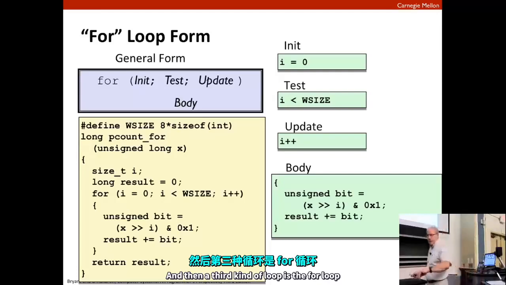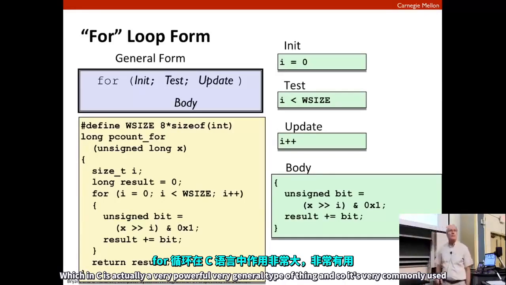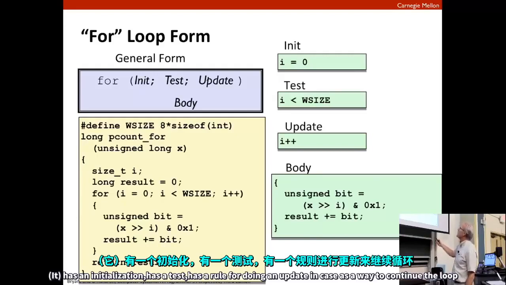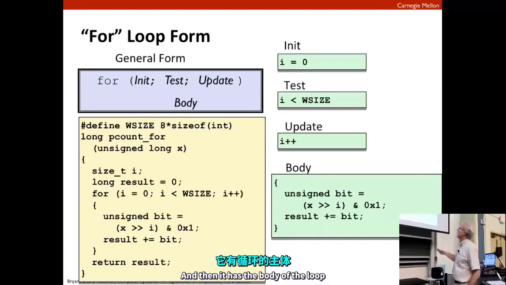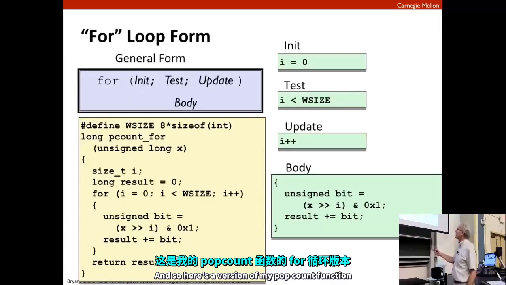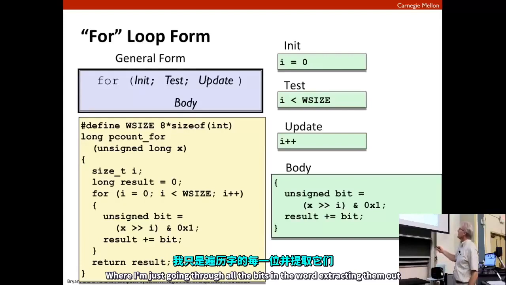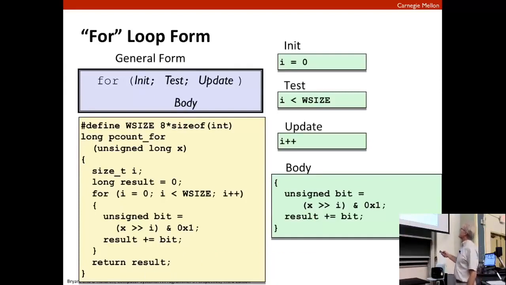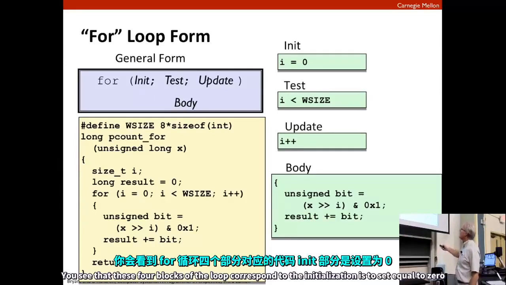And then a third kind of loop is the for loop, which in C is actually a very powerful, very general type of thing, and so it's very commonly used. But you can see that the for loop has 4 components to it. It has an initialization, it has a test, it has a rule for doing an update as a way to continue the loop, and then it has the body of the loop. And so here's a version of my pop count function where I'm just going through all the bits in the word, extracting them out, and accumulating them to be the result. So ripping apart this for, you'll see that these 4 blocks of the loop correspond to